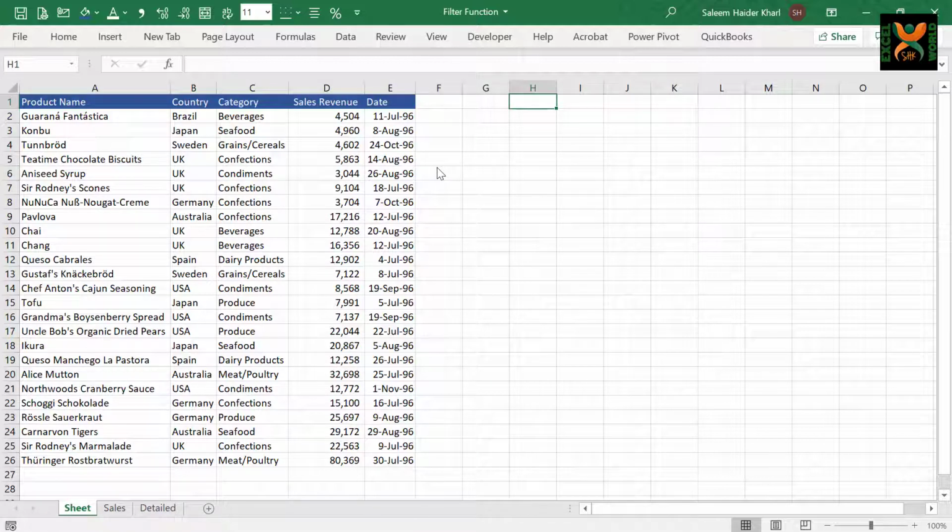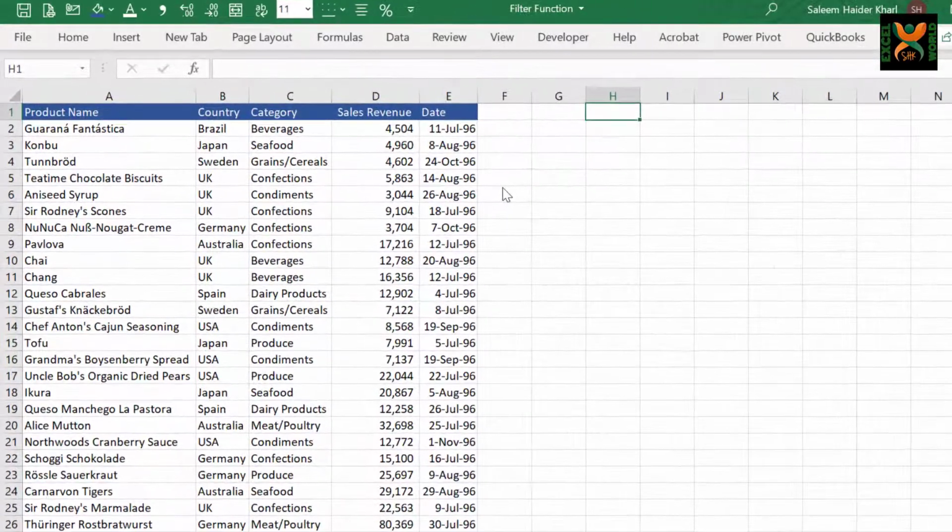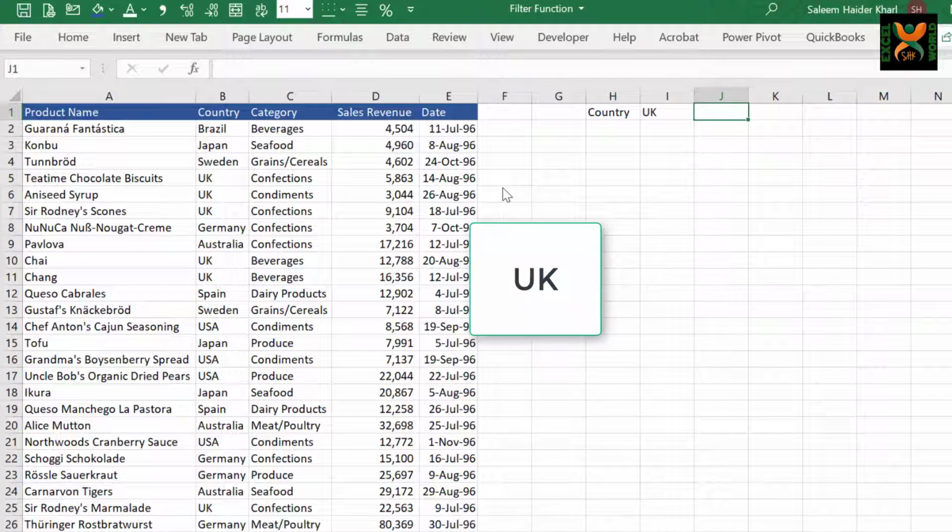So let us assume that we want to filter all of the results where the country is UK. So our criteria is country equal to UK. For all of the text based filters in Excel, through function or otherwise, you must remember that Excel cannot ensure data integrity. If you have written UK in your data, or UK and given a space afterwards, for Excel both of these are separate data sets.